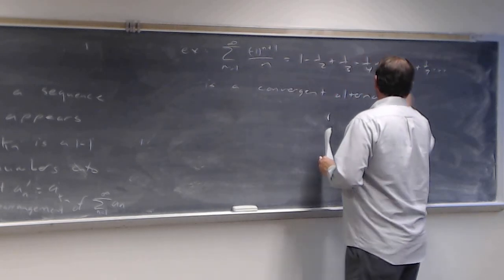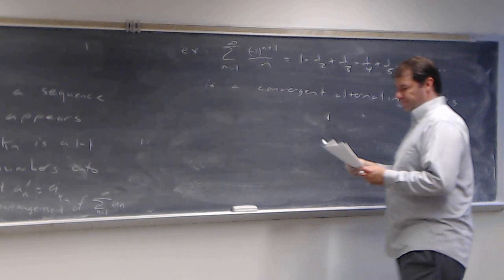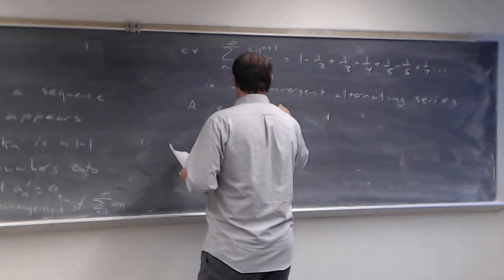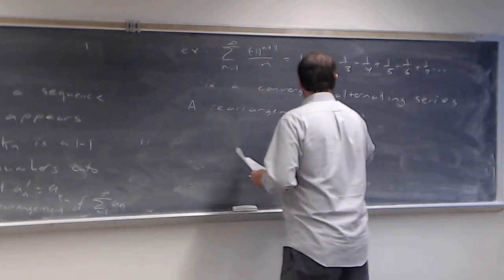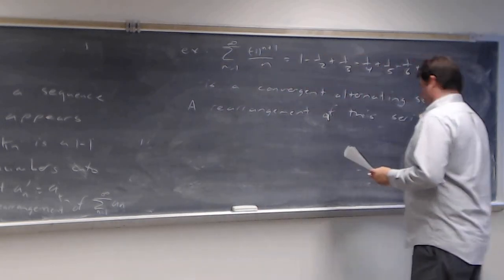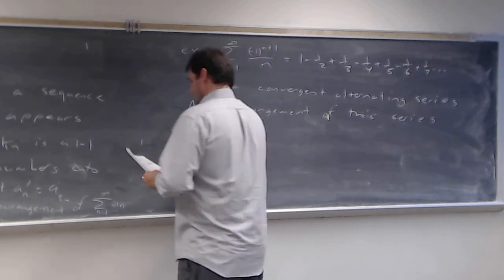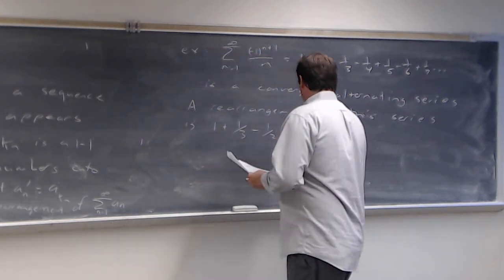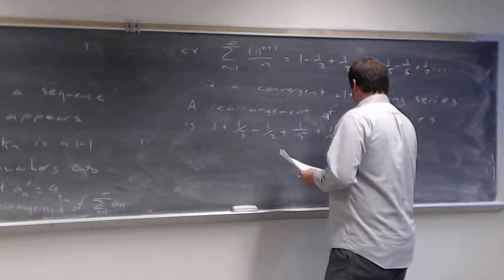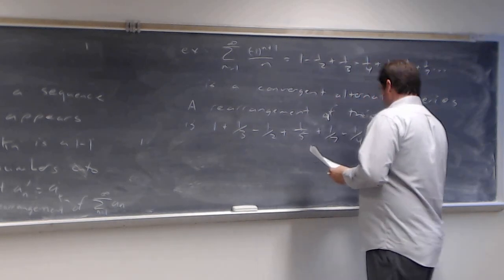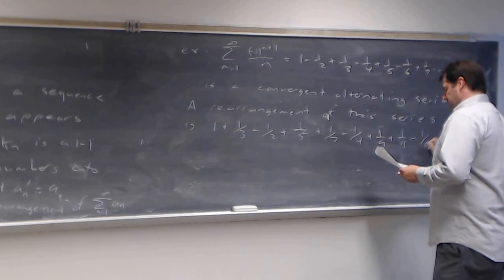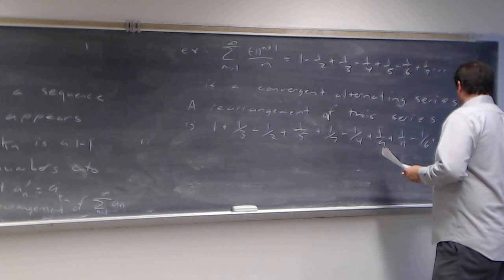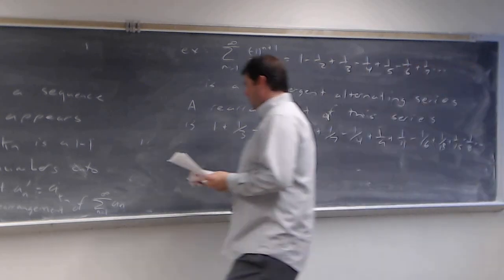A rearrangement of this series is 1 plus 1/3 minus 1/2 plus 1/5 plus 1/7 minus 1/4 plus 1/9 plus 1/11 minus 1/6 plus 1/13 plus 1/15 minus 1/8, and continue on in this fashion,